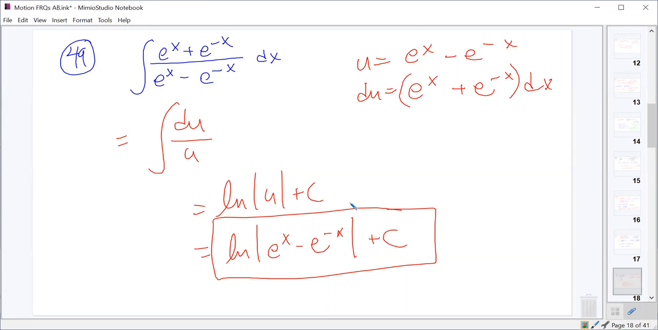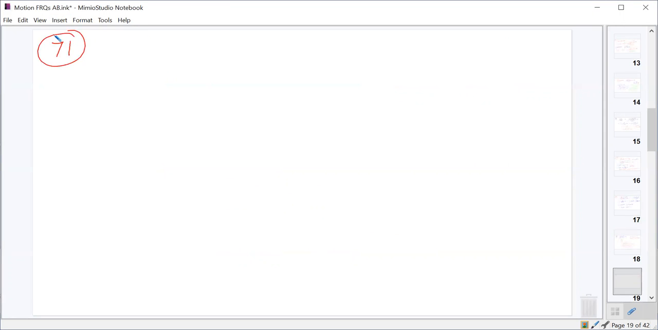Other questions? Any more from the multiple choice? 71. Yep, we'll do 79 here after we do 71. 71, we've got the integral of 2 minus y squared over 4 root y dy. All right, so for 71,